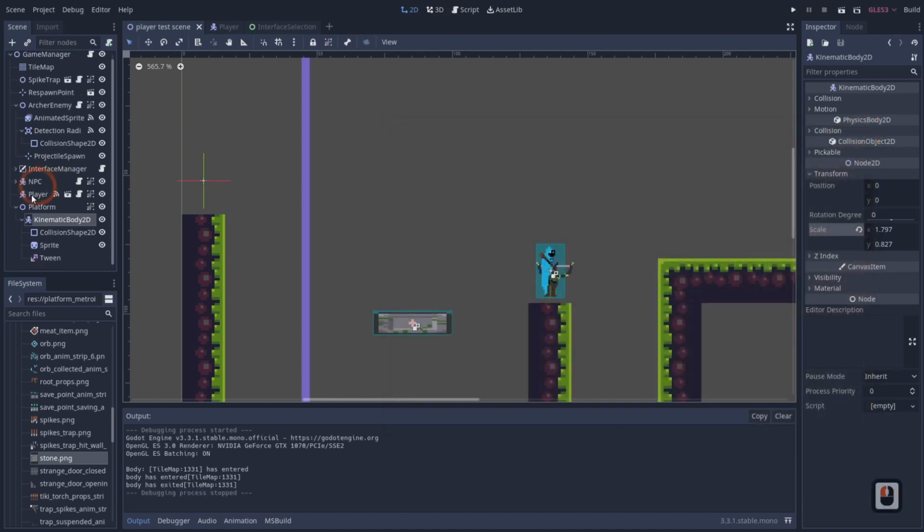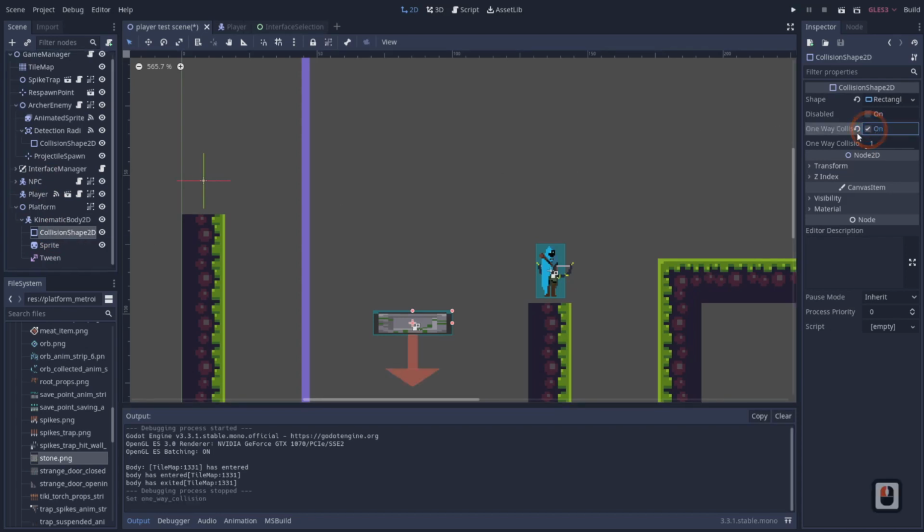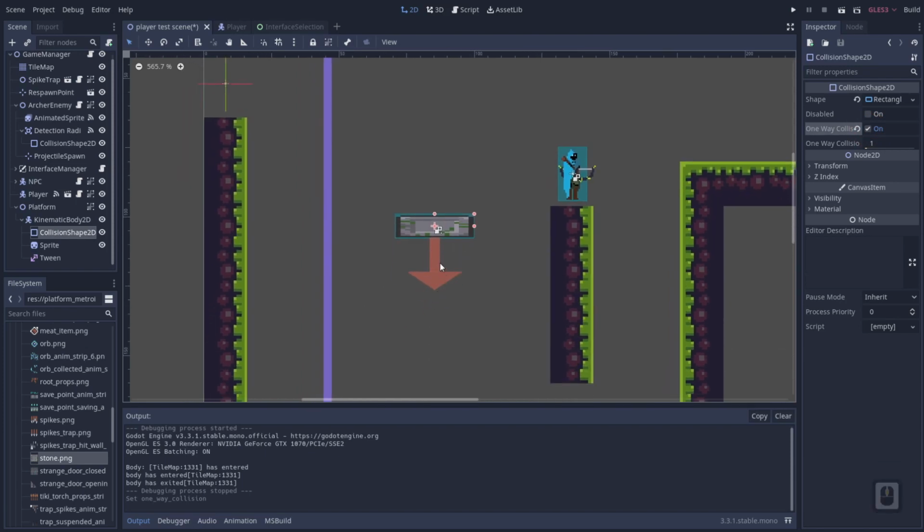Well, the first thing we need to do is look at our collision object. If you look at it, you can see that there's a setting called one-way collision. If you turn this on, you'll see that there's a little arrow here, and this is where the one-way is coming from. In this case, it's coming from the bottom, right? So if I go ahead and hit play,